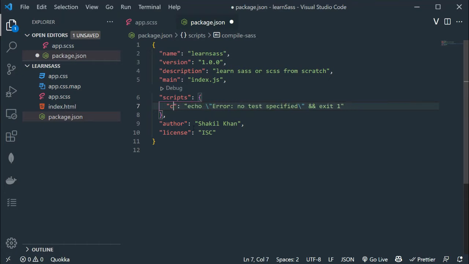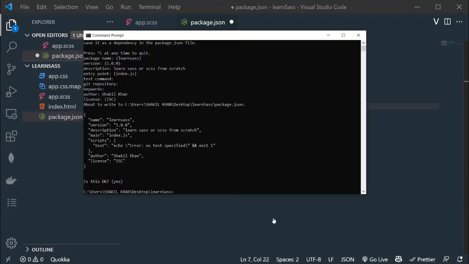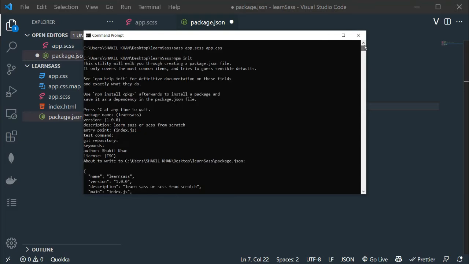By the way, you can add abc xyz, but in my case compile-sass. And the value should be, let me delete this value, and the value should be, let me show you, basically this thing.